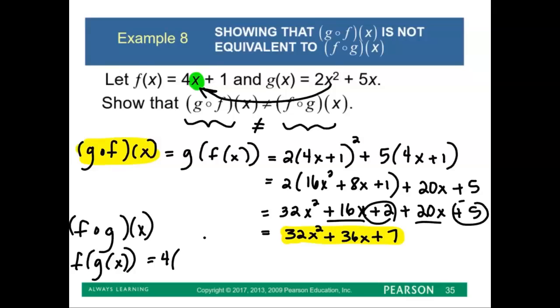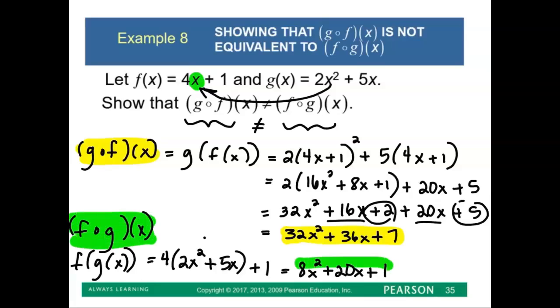So here I have 4 times (2x squared plus 5x) plus 1. Simplifying, I have 8x squared plus 20x plus 1. So f of g of x is this quadratic. Clearly, these two expressions